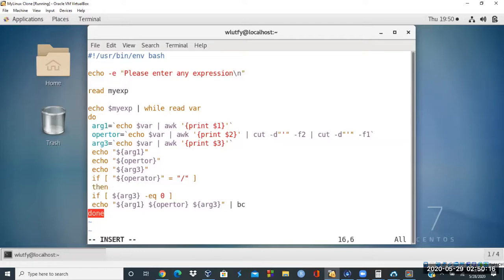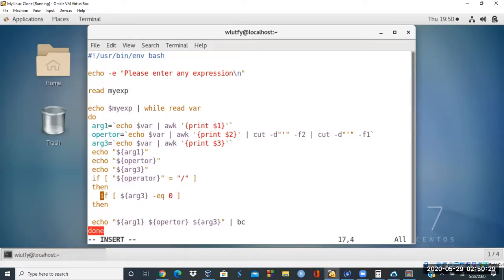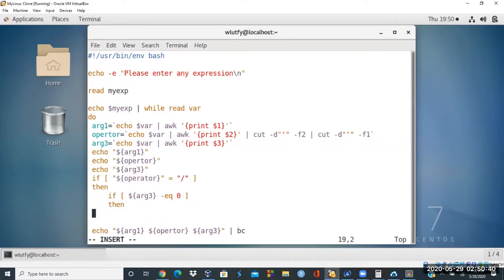Then say if $arc equal this, then say echo. So this if statement has to be nested under this, and then check this one under this, and then say echo -e, the value of the denominator